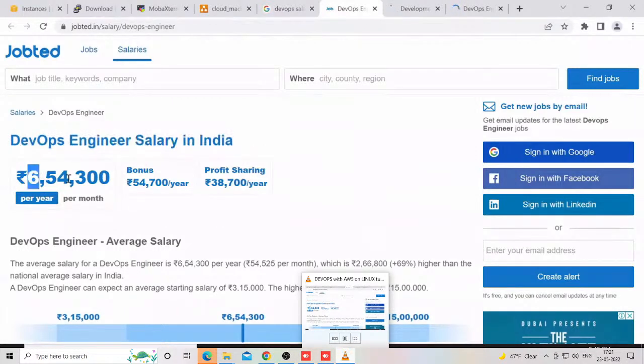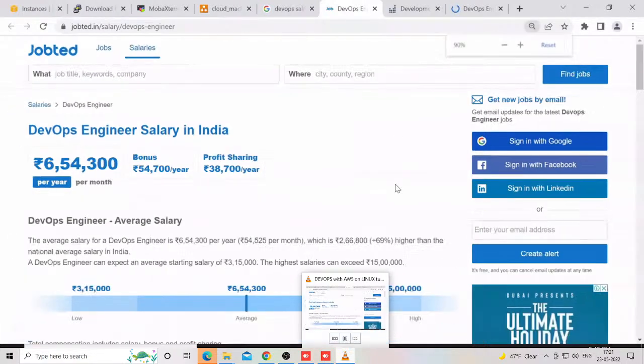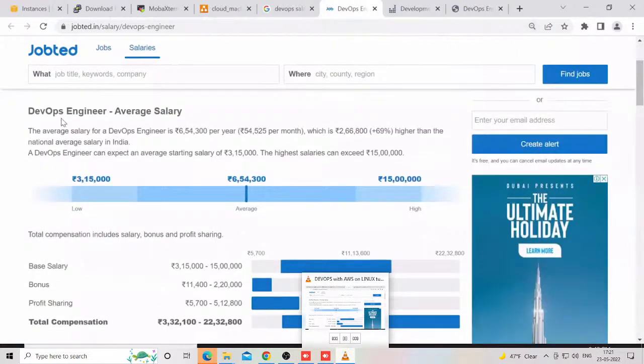So 6,54,300 for an entry level engineer. Entry level engineers, see this. Let me scroll down. Okay, see this, DevOps engineer average salary. So the average salary for a DevOps engineer is 6,54,300 per year. Meaning monthly, this much they can gain, and which is 2,66,800 plus 69%